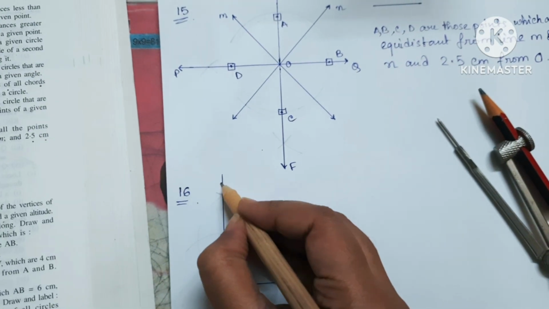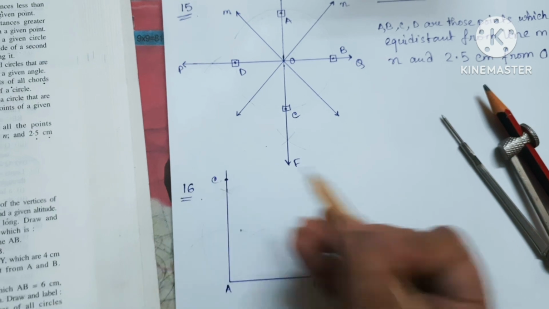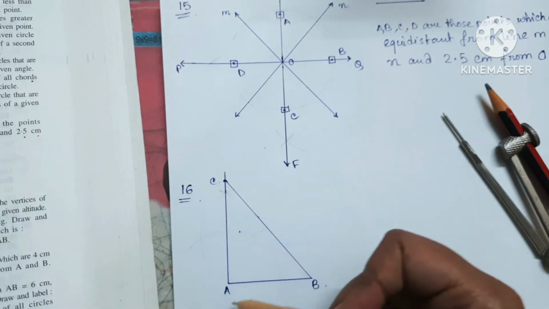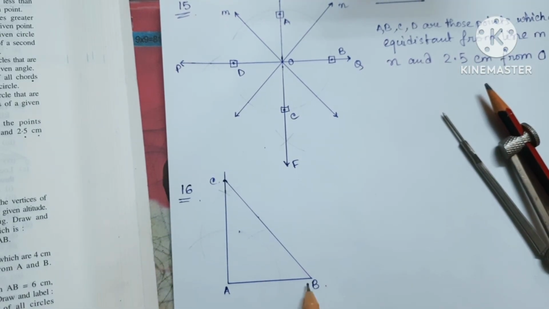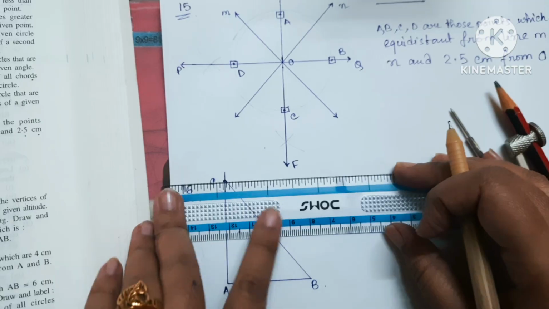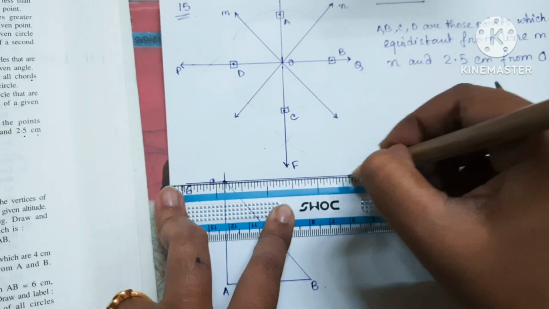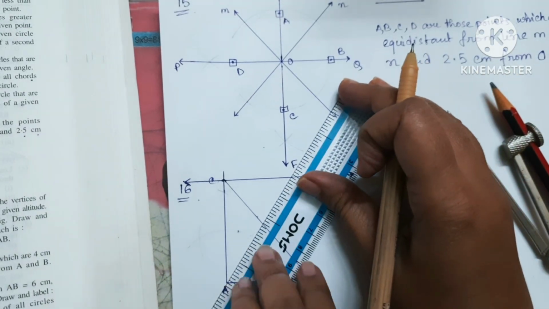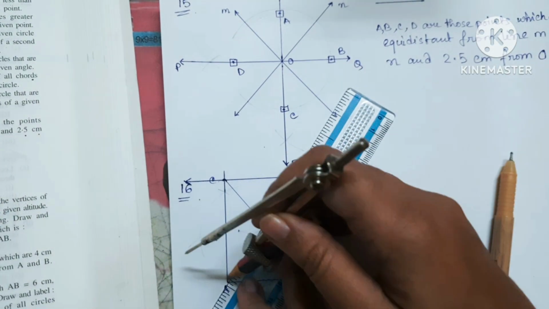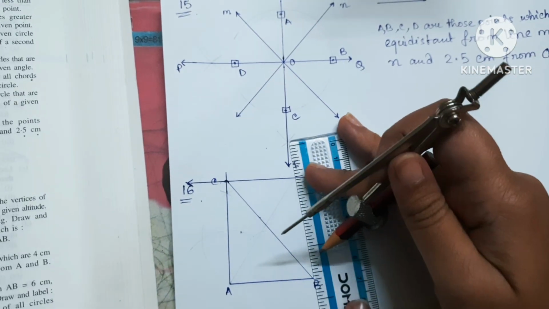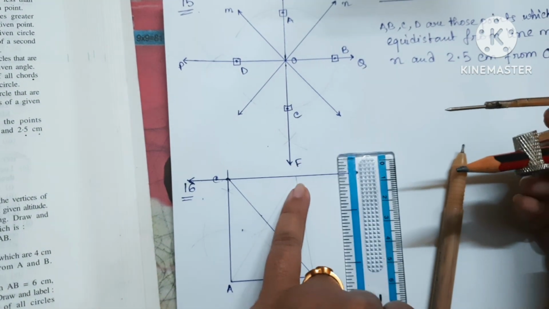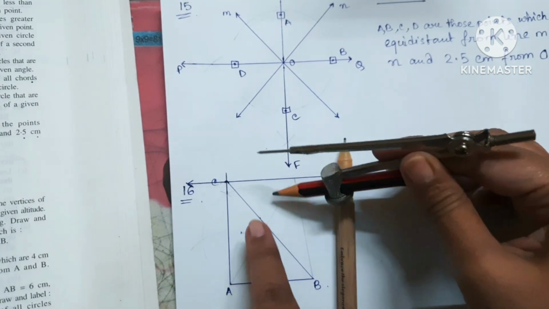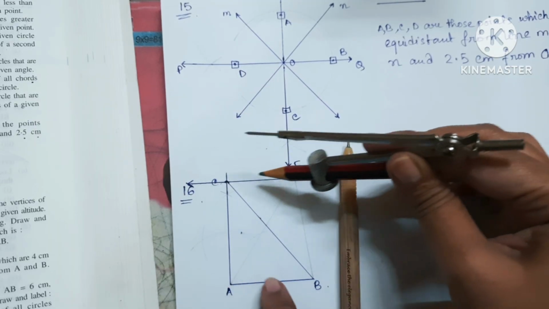suppose this is the fixed height, and the point is C. Now that can be a triangle with this AB as a base and AC as a height. If you draw a line through C parallel to AB, then in every case, if you draw a triangle like this or here, the base is fixed and the height is also fixed, but the position of the vertices will